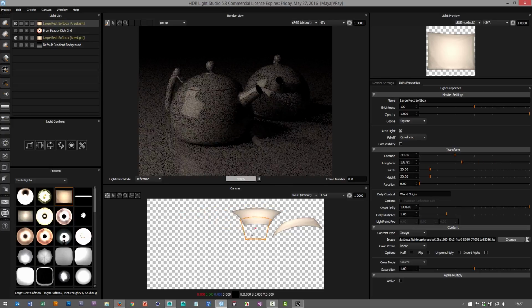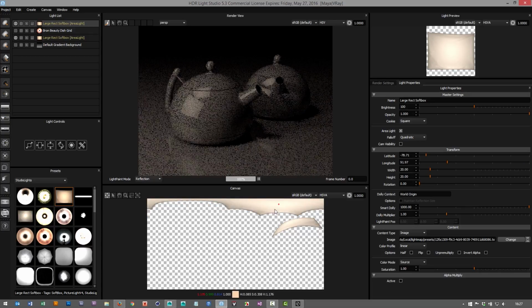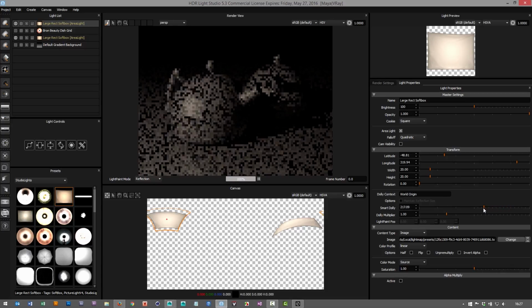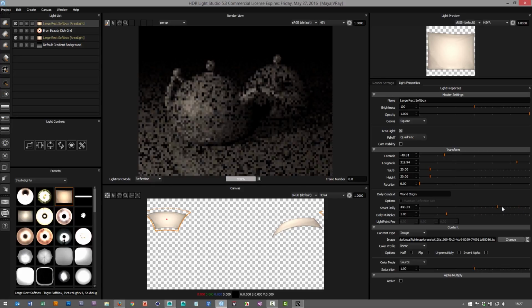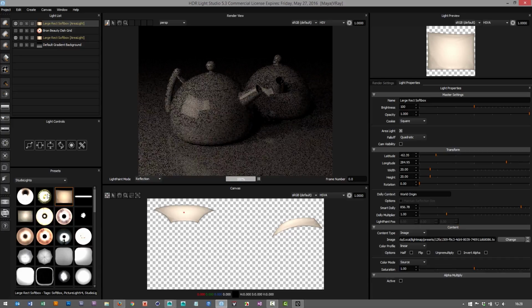So as I drag and move that light around, it will behave very much like it was on the HDRI map. Okay, and as I Smart Dolly in, it will dolly towards the origin, not towards a light paint position. And you can see here where it says light paint pos, these are greyed out because that light is not pointing at a light paint position, it's pointing at the origin. So if I just was to get this light now, which is active, and use light paint to position it with reflection mode and click on here,